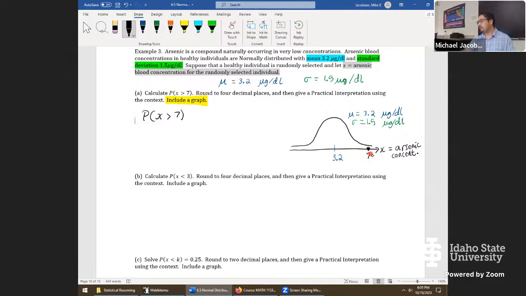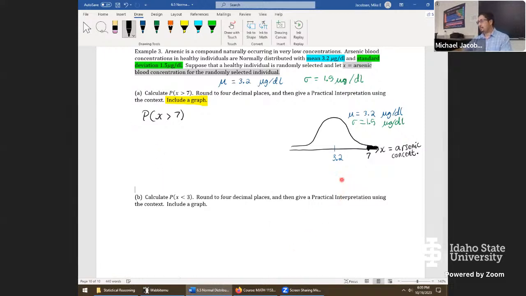So here's where 7 is in the problem. And I'll shade to the right since the answer that we're getting is this shaded area itself. So that would be my setup right before I put everything into the calculator. And if this is all you had on your graph, then I'd say that's perfect. I'm using this pen right here